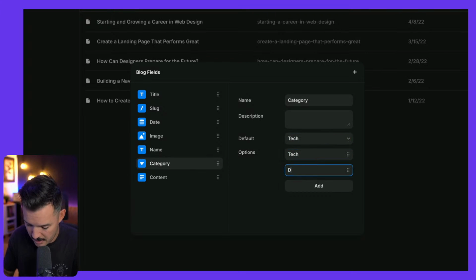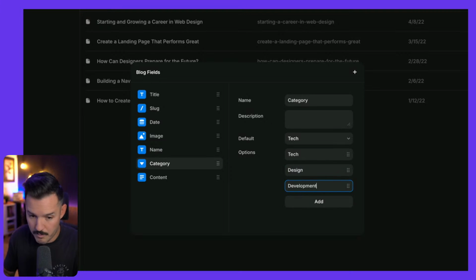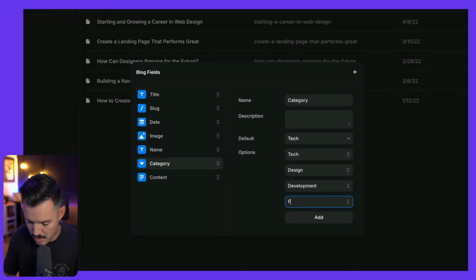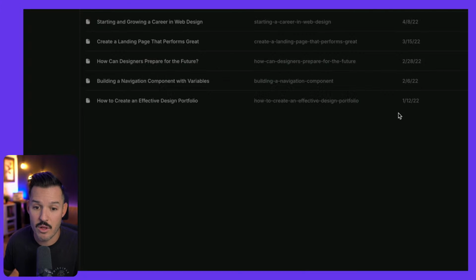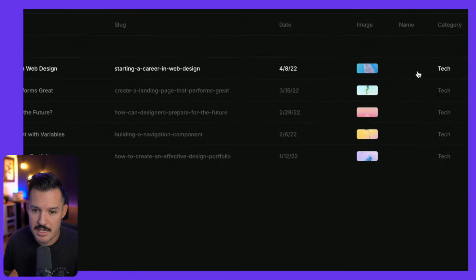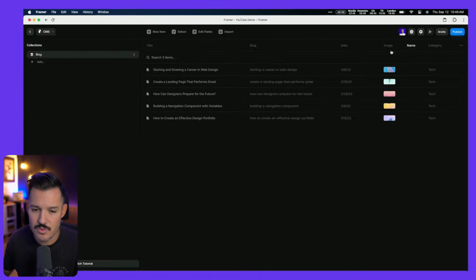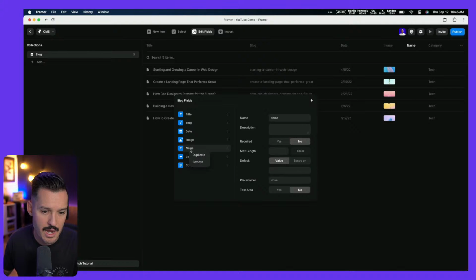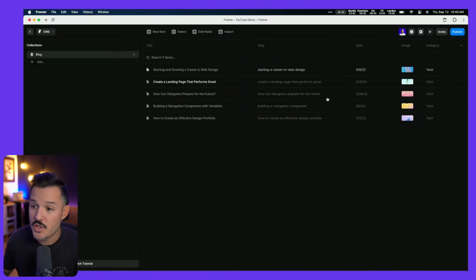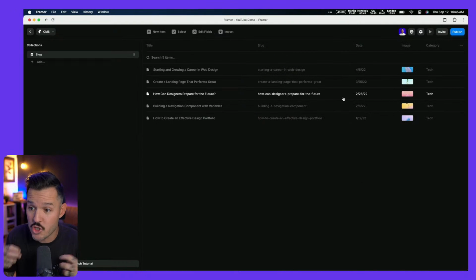This one could be tech. This could be design. This could be development. This could be Framer, and we're adding all of our selections here. Notice the category here, and we added this new name property. Let's get rid of that. Let's edit this field and just remove that. Boom. So this is how we update, modify, and change all the things that we might need in our CMS